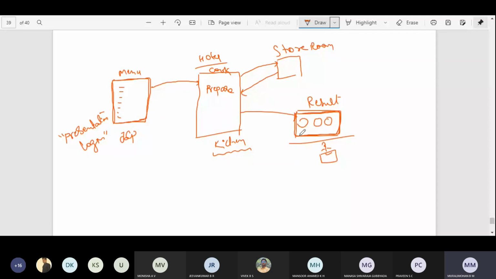This is also seen by the user, isn't it? So this page is also a JSP page, a Java Server Page. Now the cook is the person responsible for receiving the order, contacting the store,